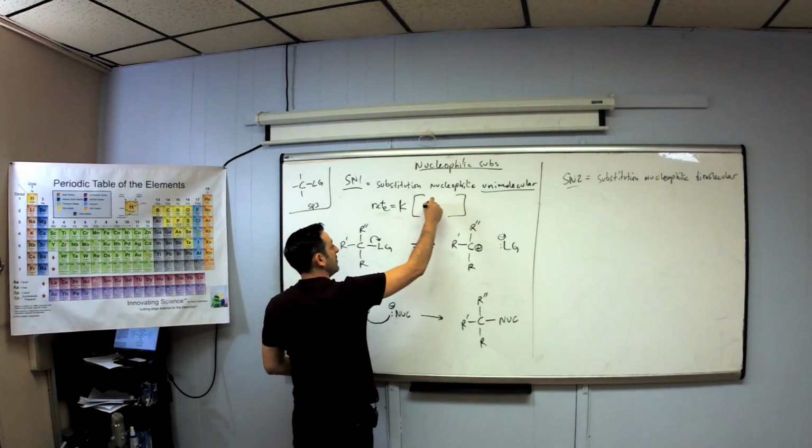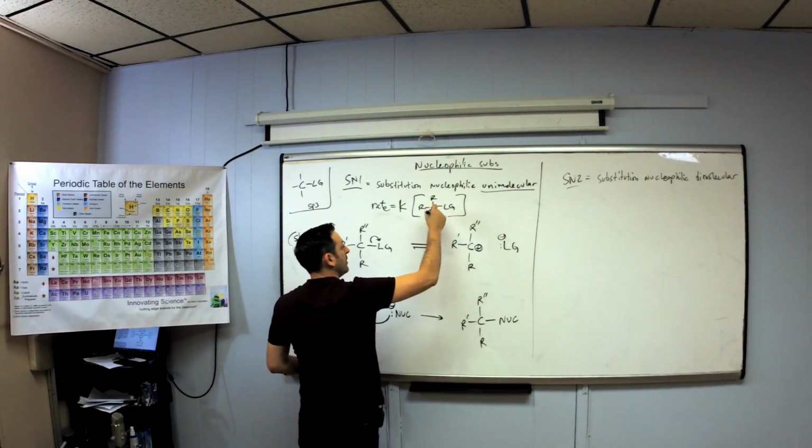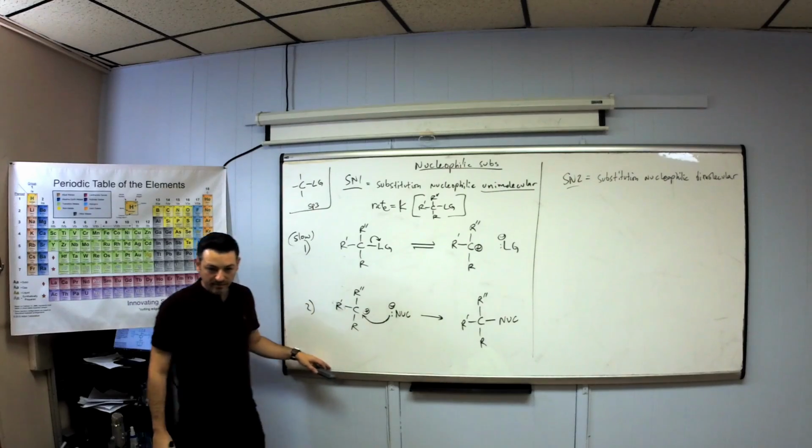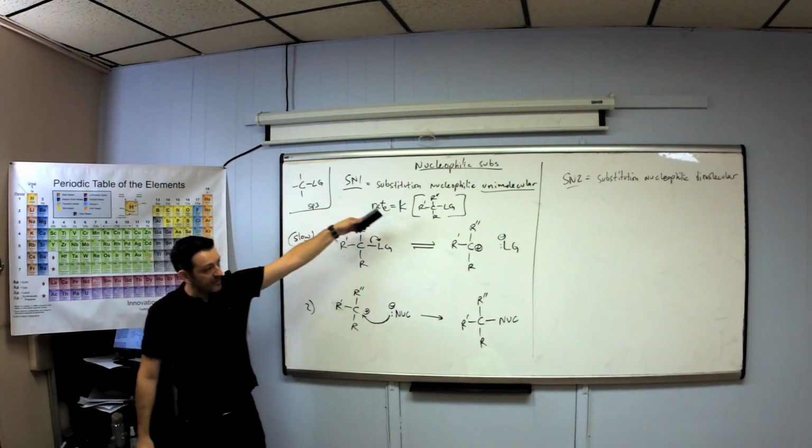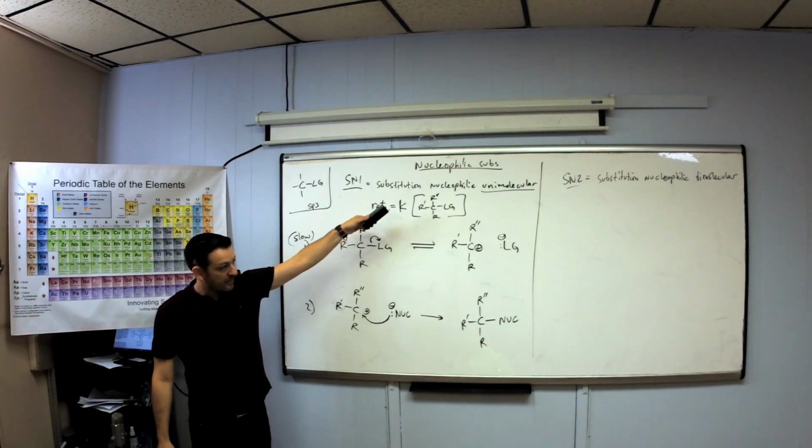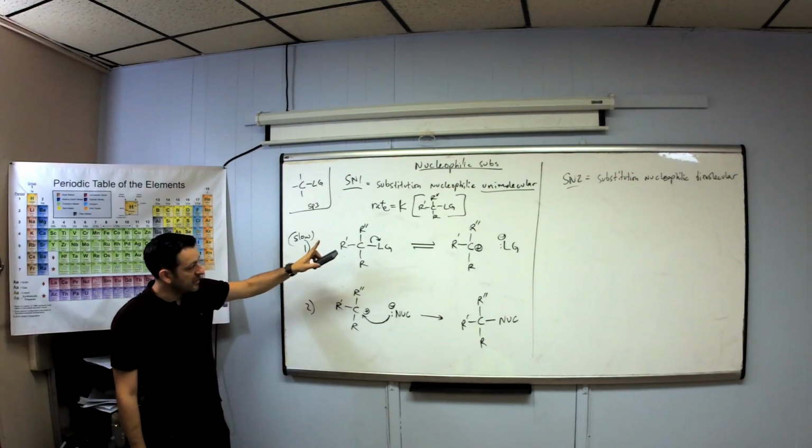So over here I write carbon with an R, leaving group, prime, double prime, and so on. Do you see why it's a unimolecular rate law? Yes, so next time we have to always look at the leaving group. So here's the idea,